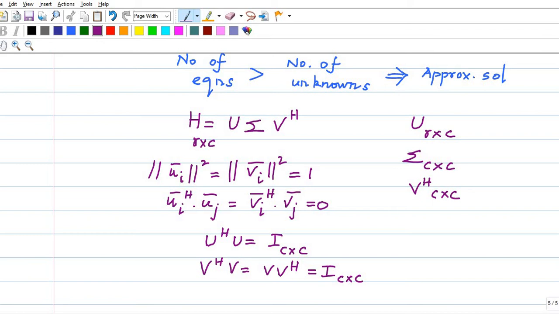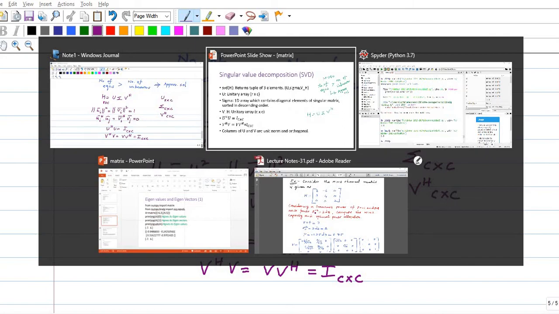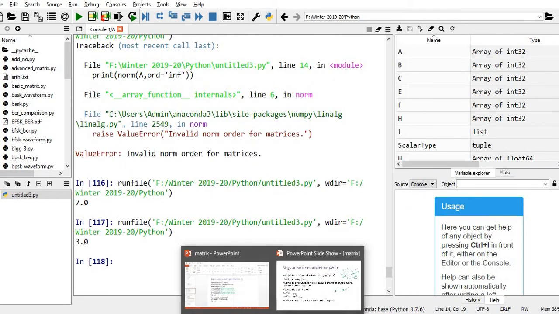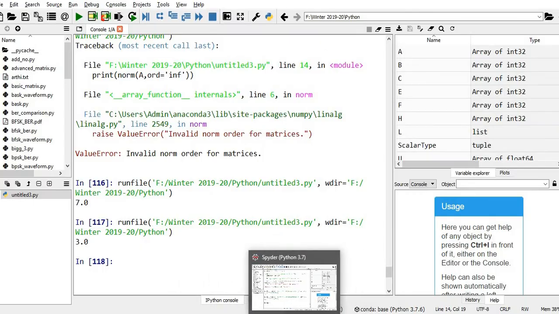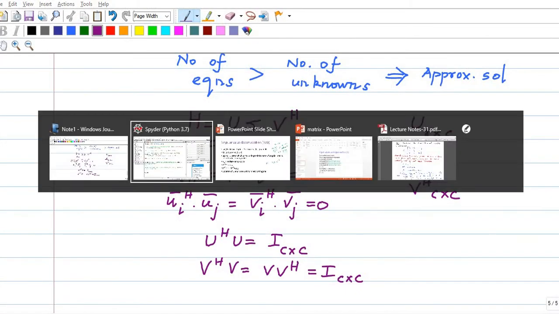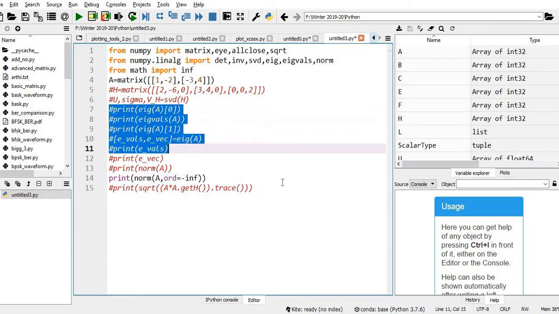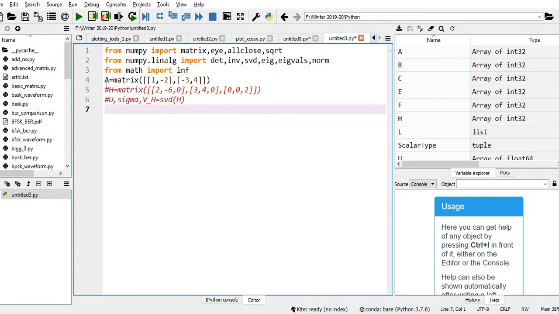So let me take some H matrix. Let me remove all these things. Even this A I will remove.